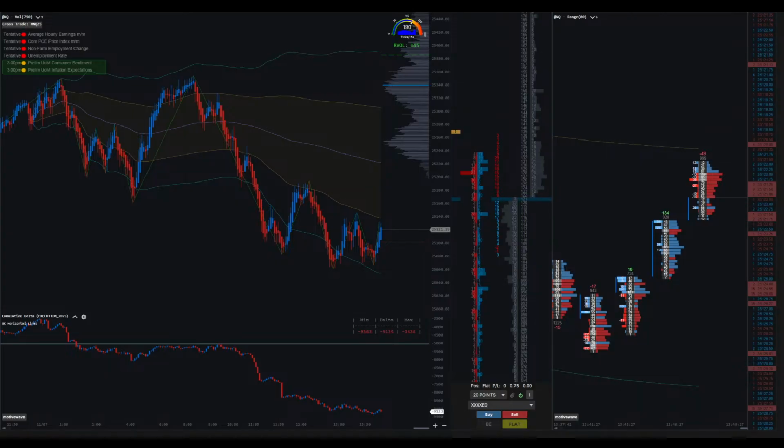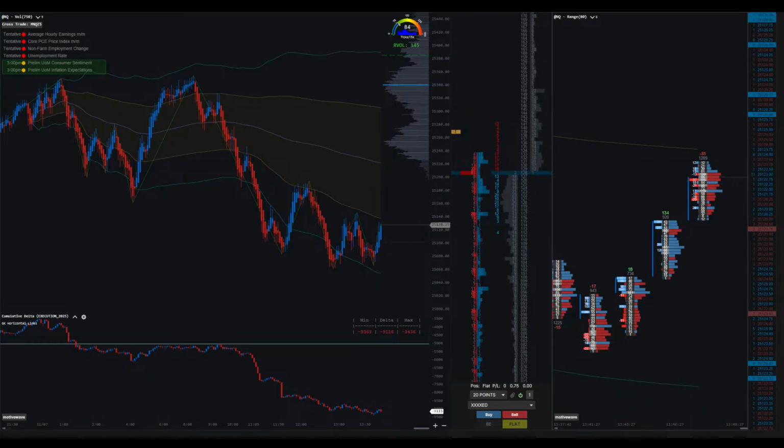Now you can add space to the top of the chart by going over to chart settings, where you'll notice you have top inset in pixels and bottom inset in pixels. So if I were to change this to 300, and this to 300, and click apply, what this will do is for all new charts, it will add 300 pixels from the top of the window border to the top high on the chart, and from the bottom chart border to the low on the chart. So if I were to open